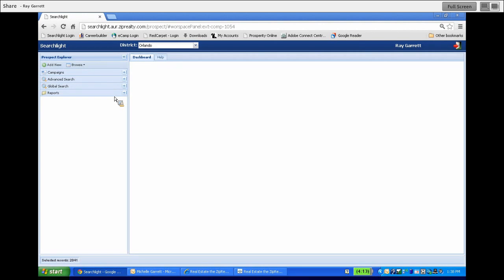Okay, I did skip over this browse button here, but it is something for a later date. It's more specified. So anyway, that is Searchlight in general. You've seen the basic features it'll do. Now we're going to do individual videos on each aspect of Searchlight, so you can learn all about this database while we're using